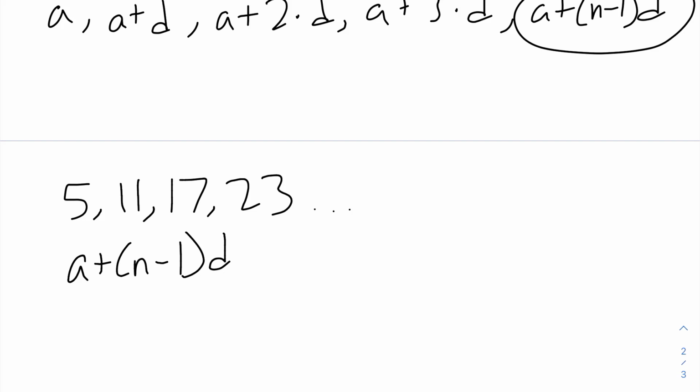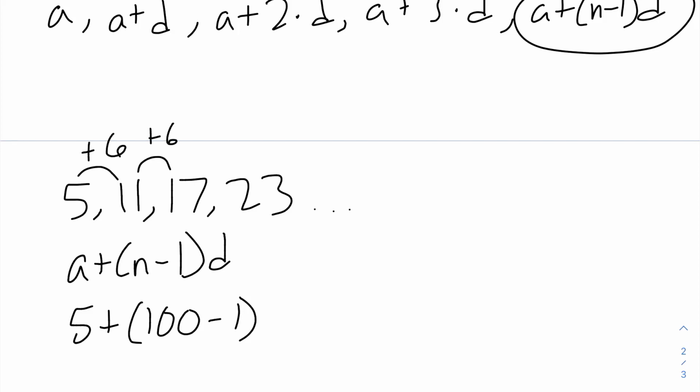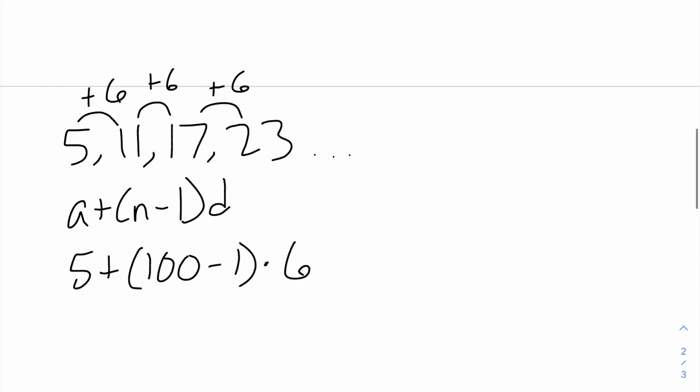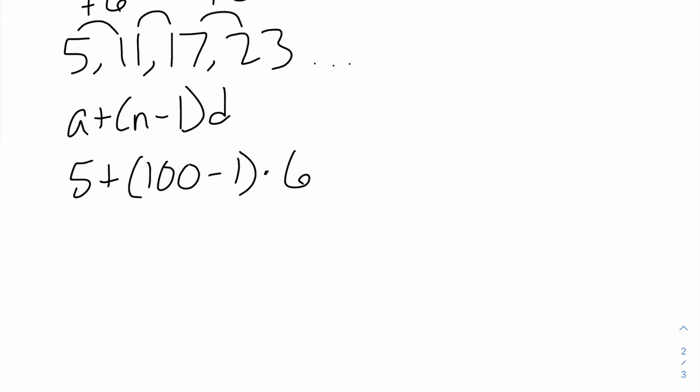A in this case is 5, so we have 5 plus n is 100 because we want to find the 100th term, so 100 minus 1. And D is going to be the common difference. The common difference of this arithmetic sequence is 6, as you can see right here. So we're going to be multiplying by 6. This means the 100th term is going to be 5 plus 99 times 6. 99 times 6 is going to be